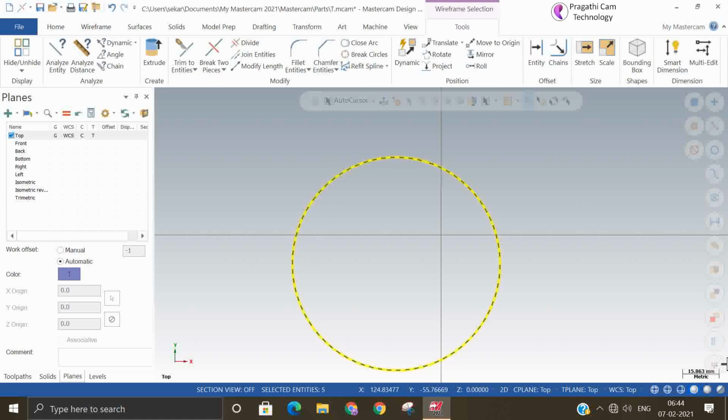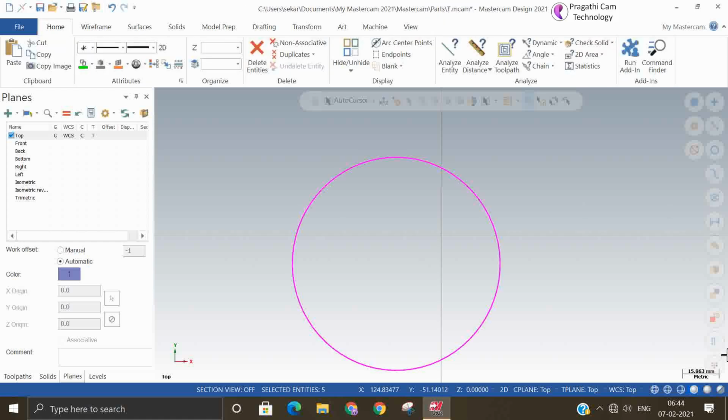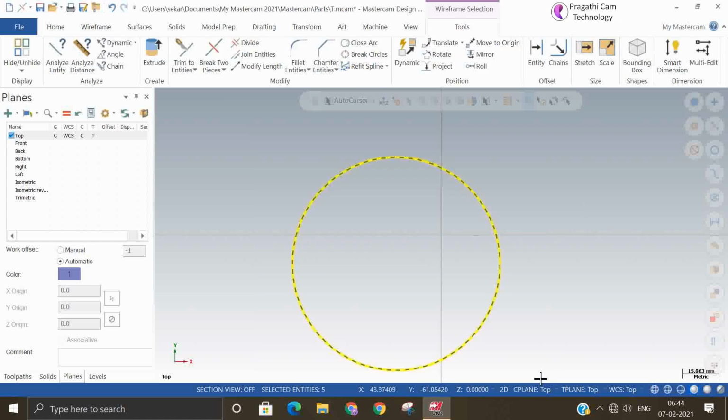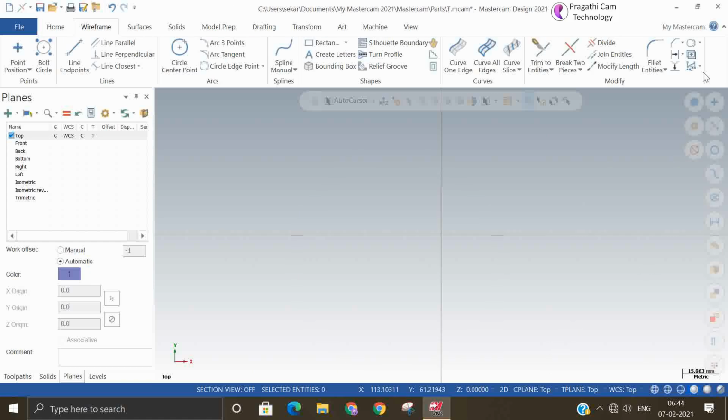So like this, you can break the arc. You can create the entire arc by using a single entity of the portion of the arc, or otherwise you can break another option. You can break the circle into n number of portions.